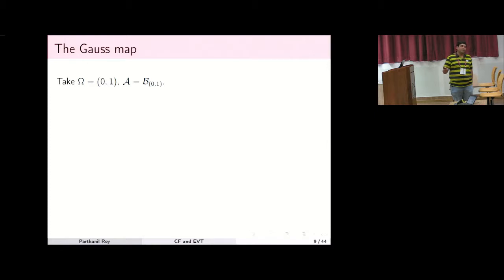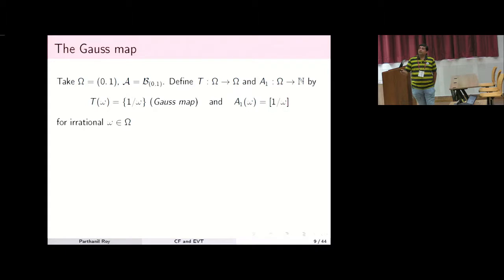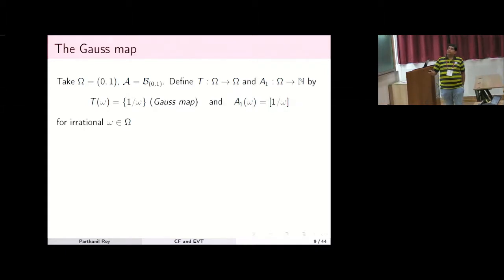You take small omega from capital Omega, as we do in probability. And of course we need a sigma field, and which other sigma field can we think of other than the Borel sigma field, so we'll do that. Define the map T on Omega exactly the way we did it. So T of omega would be 1 over omega,